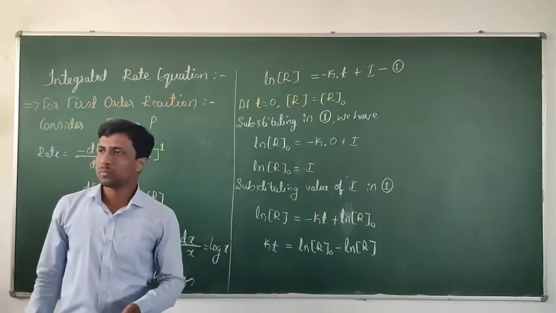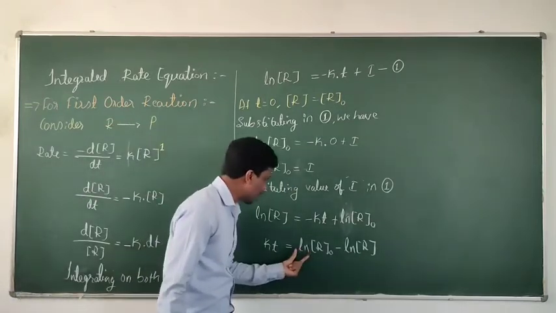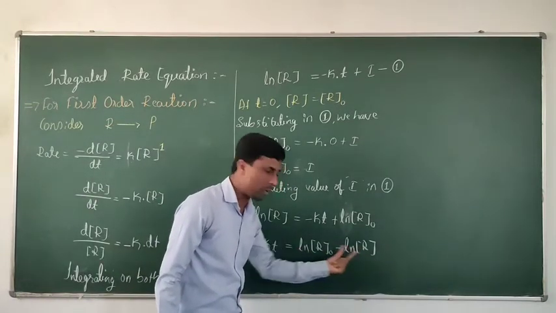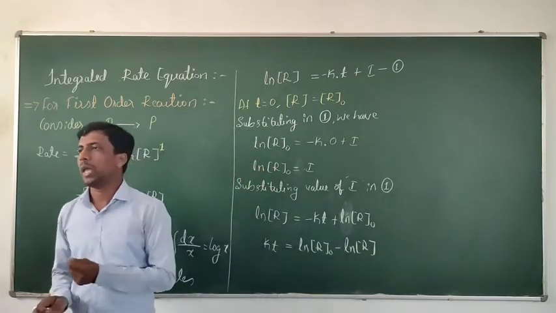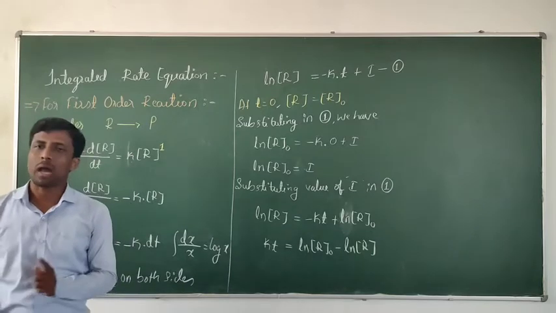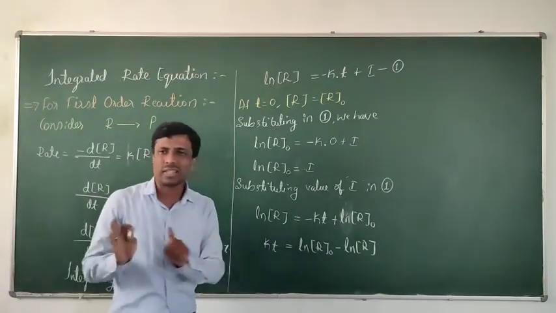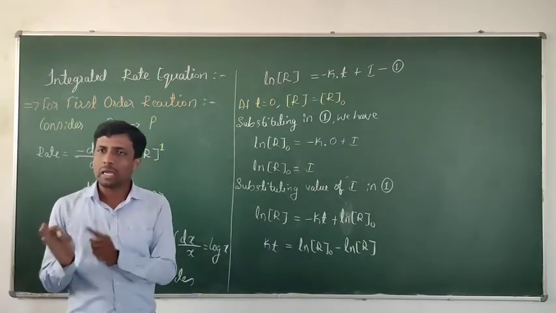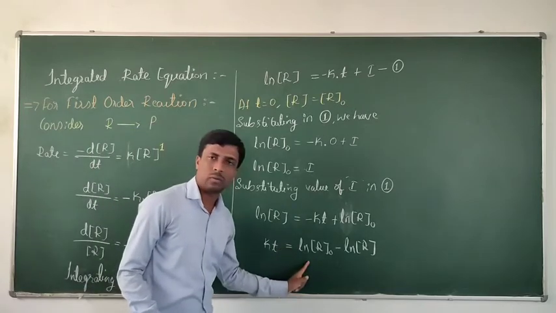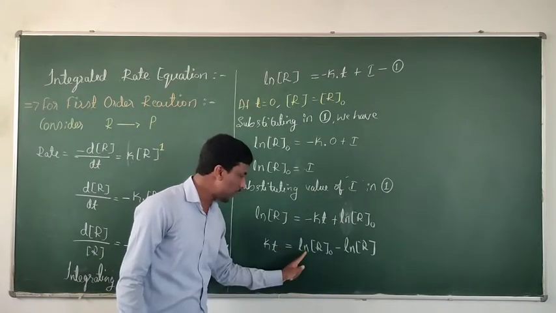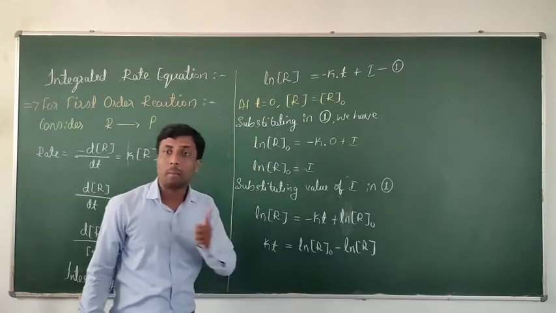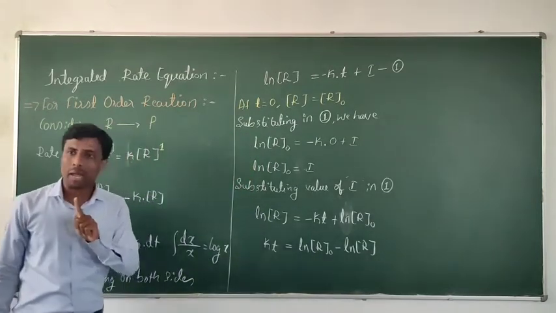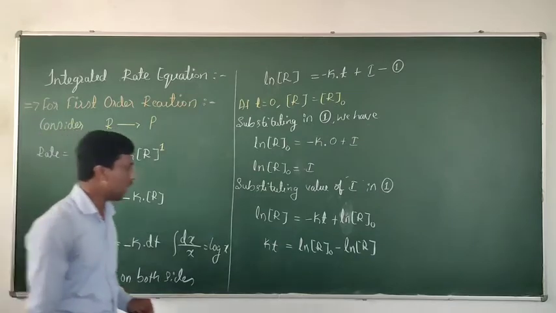You can take anything. Okay, which form is it? Log a minus log b or log m minus log n. All the formulae of logarithm are applicable for the ln also in the same form. Wherever there is log, we take ln. In the log m minus log n form, it becomes log m by n or log a by b. Now